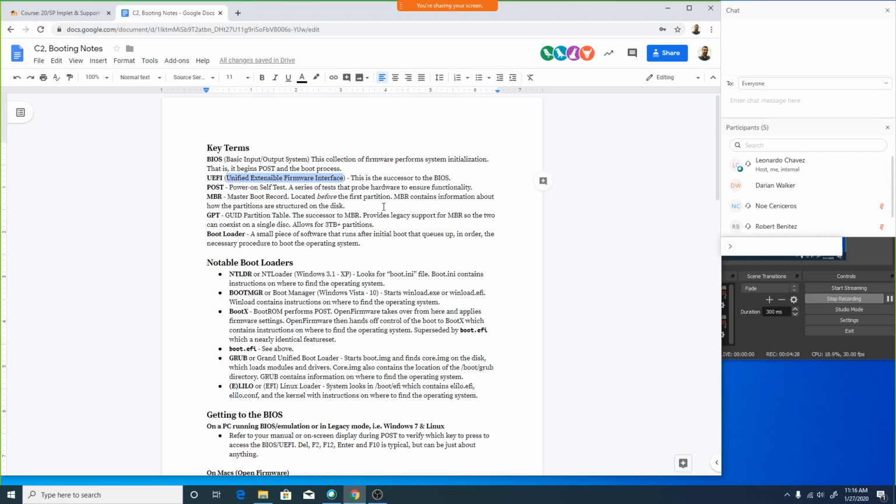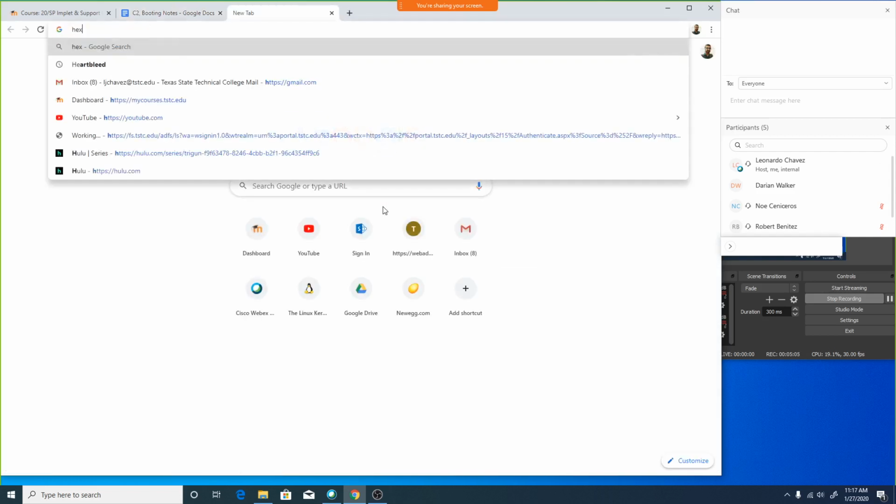GPT, just like UEFI, is MBR Part 2. So GPT really just allows for massive partitions, and that's pretty much it, really. It just allows for bigger partitions and the idea of a UUID that's baked into the actual standard of dealing with partitions. So the GUID, that's GPT unique identifier. So anyway, every hard drive can be identified by a unique number that's like a 64-character hexadecimal value, which is